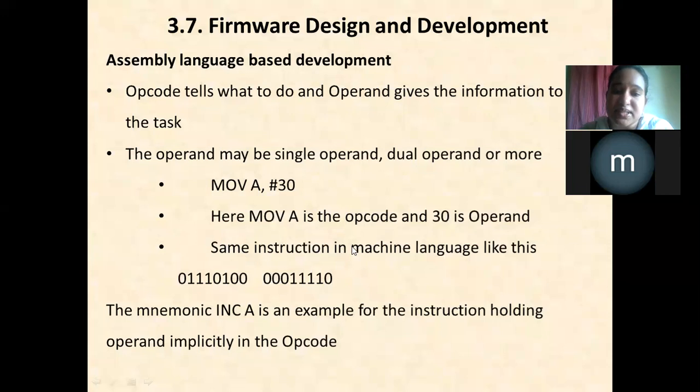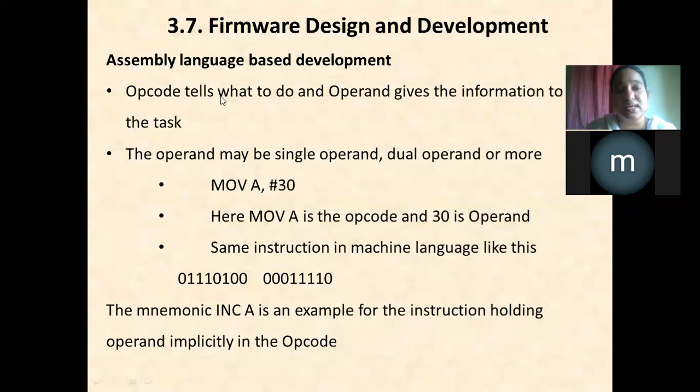Okay, so the same instruction in machine level language. It is assembly level language, and this language can't be understood by the processor. So we should convert this assembly level language into machine understandable language. This is the binary code equivalent of this assembly level language. Now, can you understand this assembly level language? Format of the assembly level language.